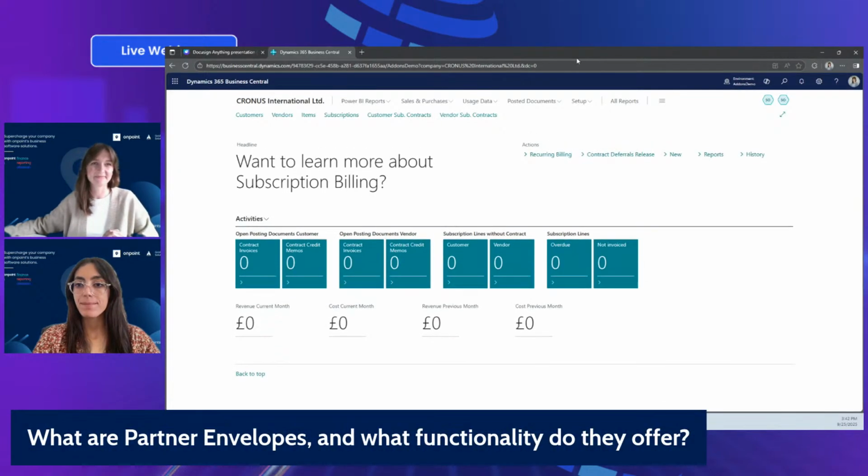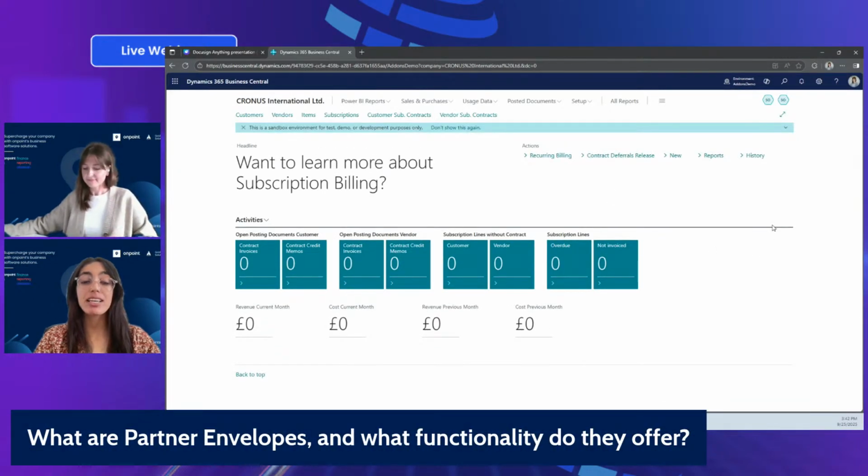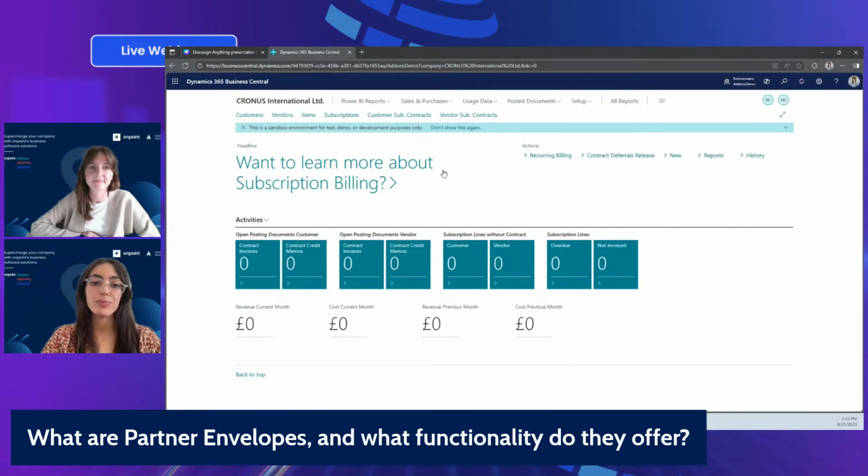Yes, sure. Okay, the second most common question our clients ask would be, what are the partner envelopes and what functionality do they offer? Yes, so that's also something we already mentioned during the presentation. You can either use your own envelopes or the partner envelopes. The integration works exactly the same way in both cases. There are no differences in terms of functionality, except